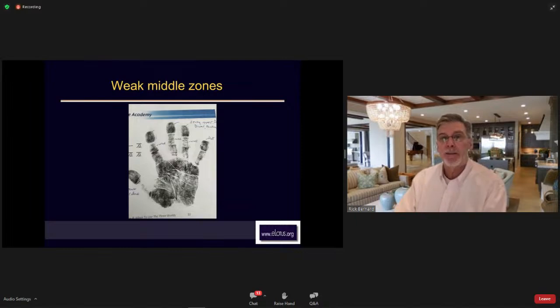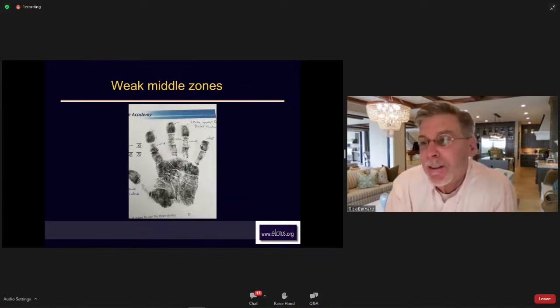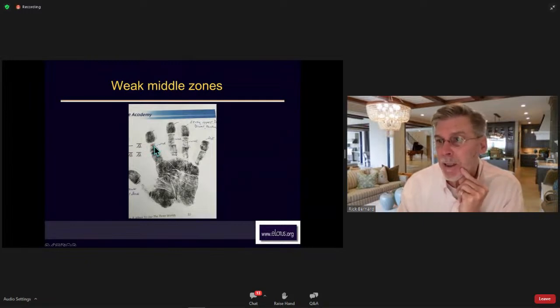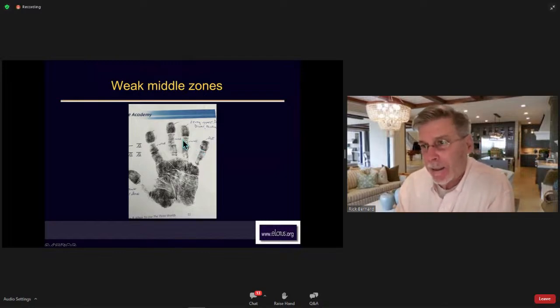So take a look at this hand for a second and try to think which zone looks a little bit weak. I have it written, so I'm not going to take too much thinking, but just look what strikes your eye. And obviously it's the middle zone. You can see how small it is, how it looks like somebody almost took a bite out of it. Look at the Jupiter middle zone. Look how weak that is. Look how short that is. That is a person that has very little ambition, very little desire to measure their success at all. In general, all middle zones are weak here, and that's a person that's just not that interested in things, collecting things,